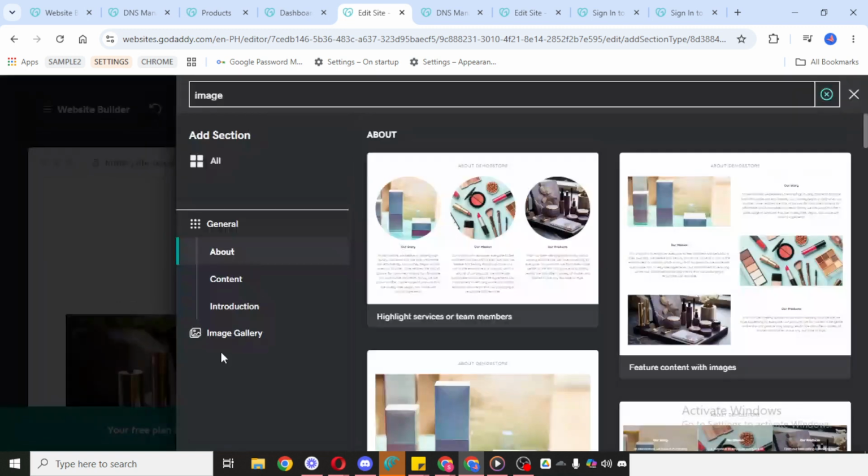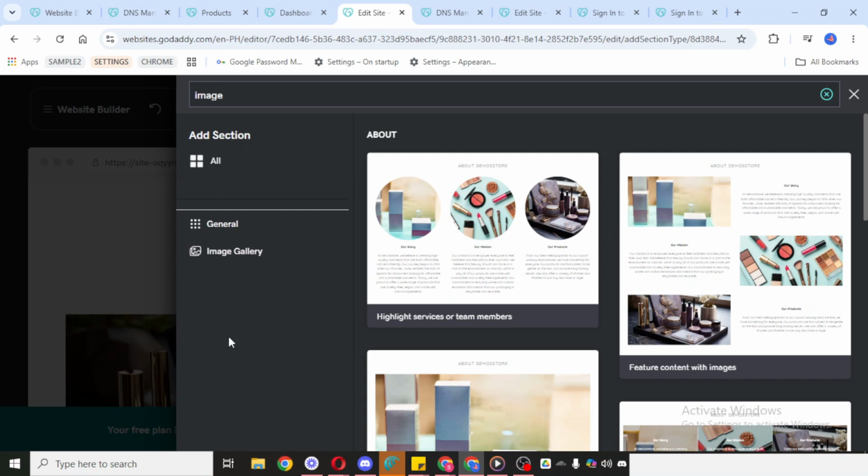Take a moment to look through the layout options and choose the one that best fits your website design. Some layouts are better for a simple visual display, while others may be better if you want a more structured gallery look. Once you find the layout you want, click it to add it to your page. After the gallery has been added, click on the gallery section itself, then choose Change Image. This is the area where you can begin replacing the default images with your own.